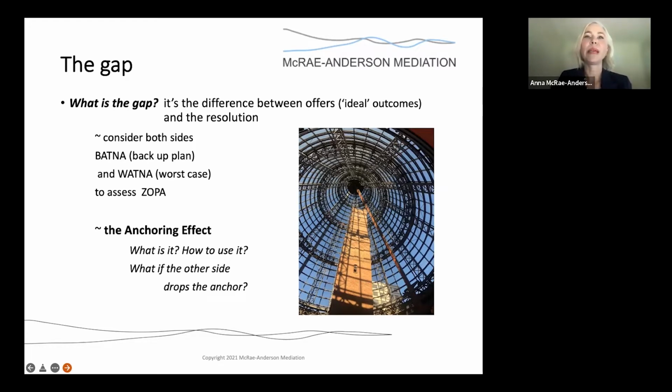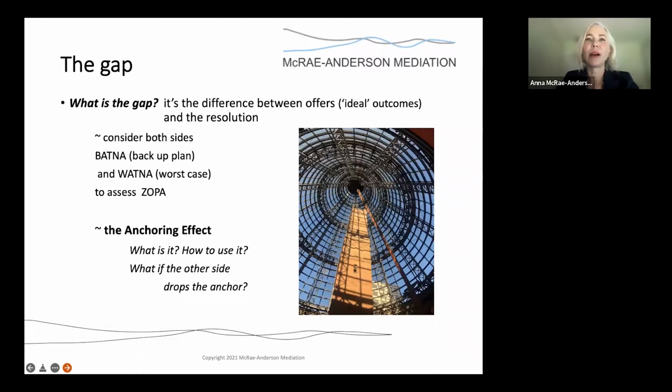So you should look beyond yours to what their best alternative is as well, so you can appreciate how to reach a compromise and close the gap. This information will give you the outside perimeters of a possible deal, and helps you decide when to accept an offer or when to walk away, and whether you've got to the point of that zone of possible agreement or whether you need to keep negotiating. These need to be continuously reevaluated throughout the negotiations as you learn more about the other party's needs and motivations.